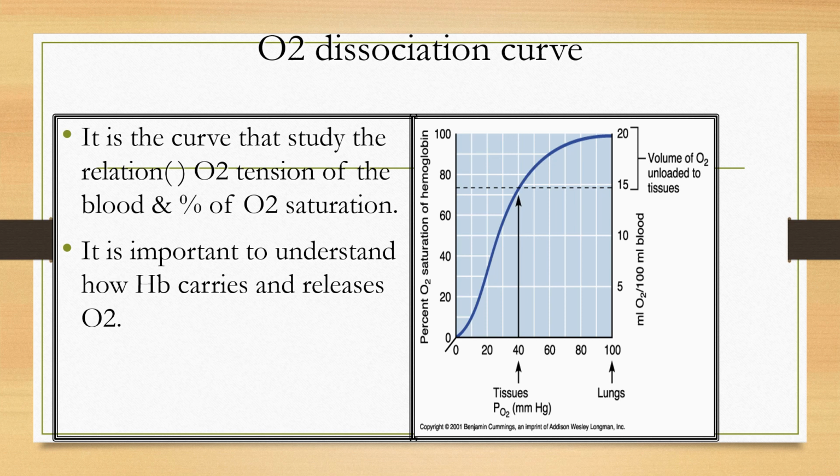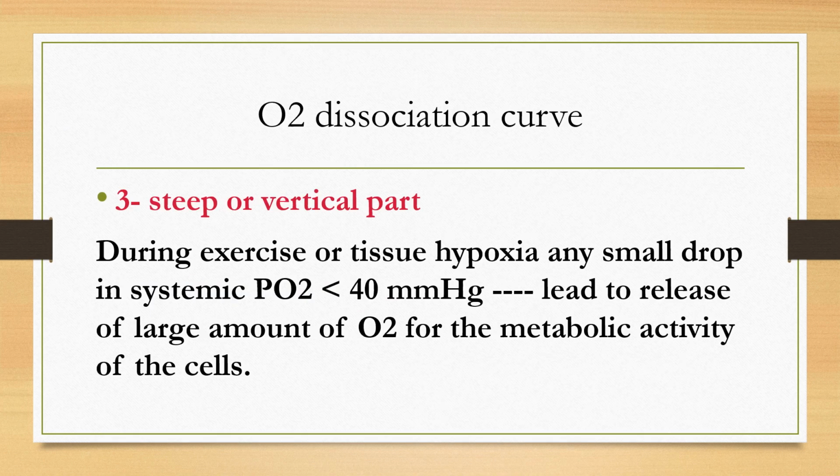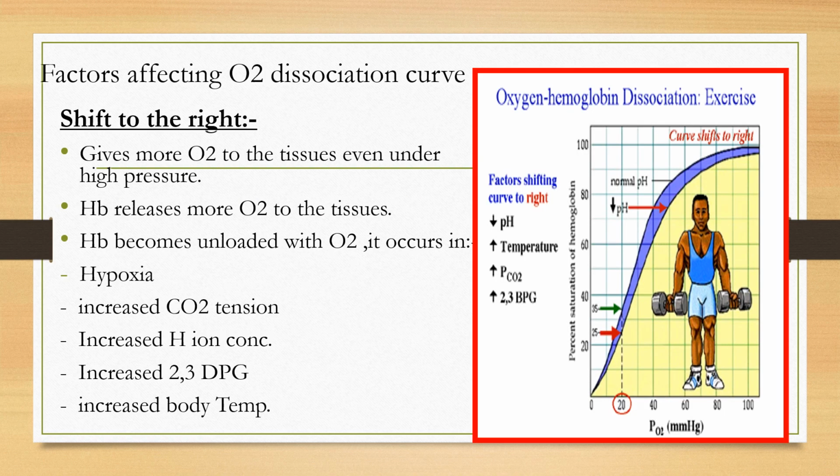And at less than 40 during exercise, it will release oxygen rapidly to give extra oxygen for the needs of metabolic activity. I hope you understand this oxygen dissociation. This oxygen dissociation curve could be shifted to the right or shifted to the left. Shifted to the right means this: